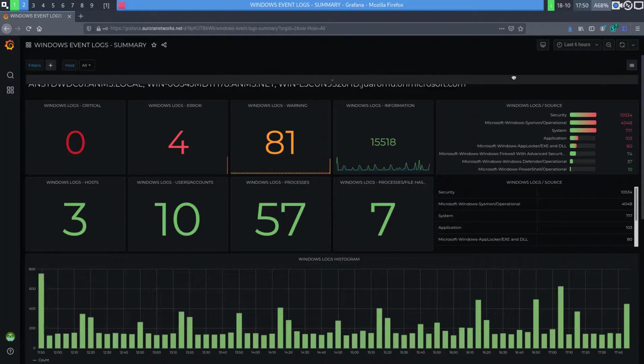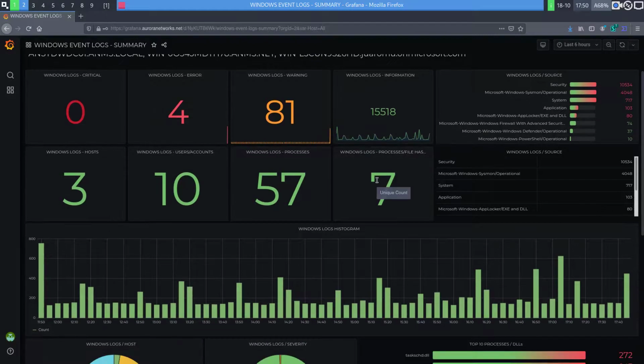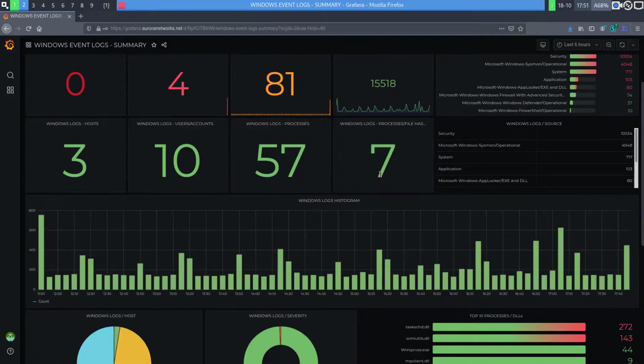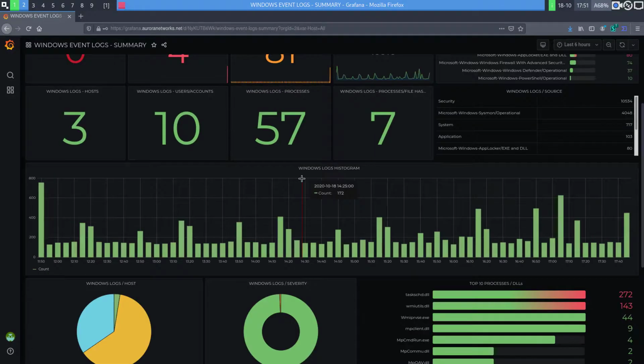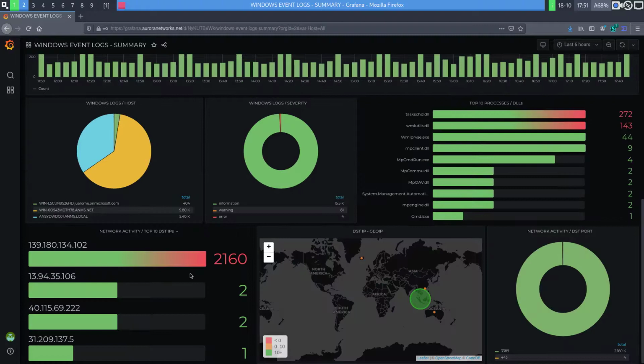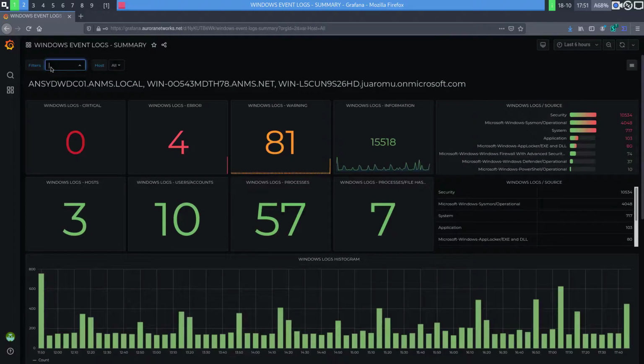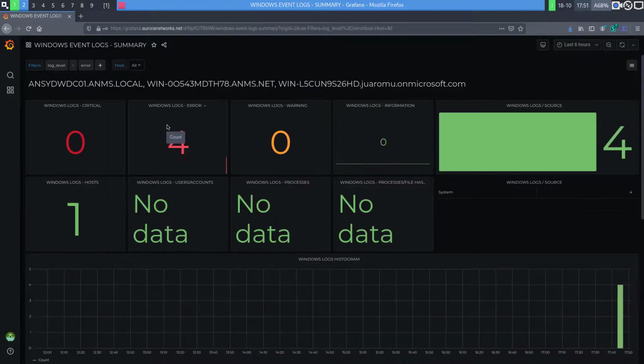Along with the histogram and messages per log source, the received number of logs per severity level is also displayed. At the bottom of this summary dashboard, summarized information about top processes executed and network connections can be found. We can start applying filters from the top left of the page that will apply to and will update all the widgets in this dashboard. So, for example, we can apply a filter to display information for messages with a specific severity level. In our case, we'll select a log level of error to start analyzing which Windows systems and log sources are